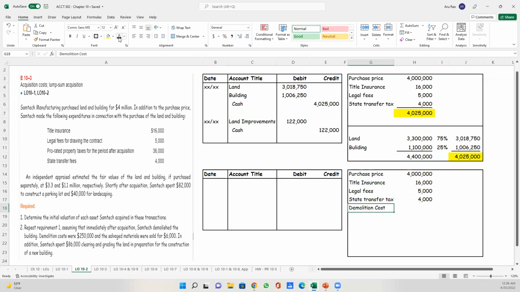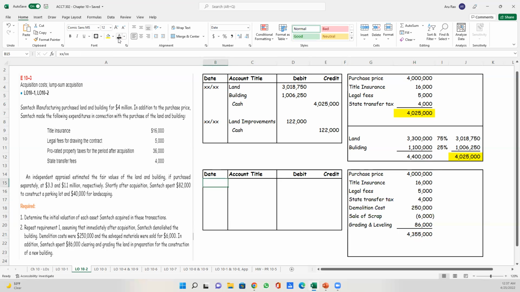Now demolition. I paid demolition cost of $250,000. I'm going to add it to the cost of the land. I managed to sell something for $6,000. So that $6,000 is subtracted from the cost of the asset. I paid for grading and leveling $86,000. So the total amount is